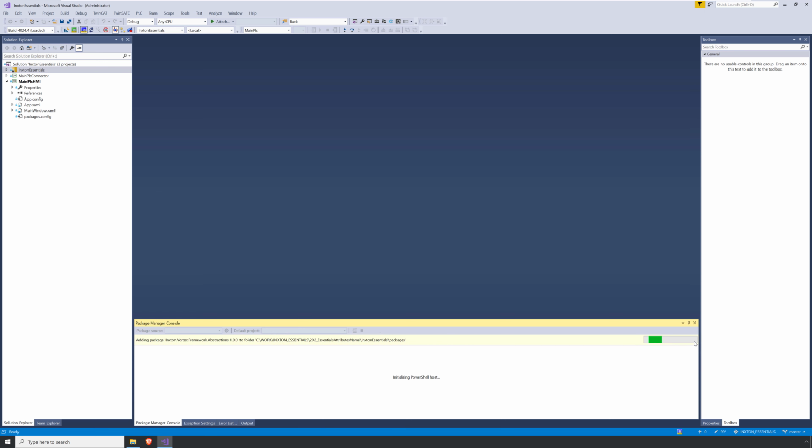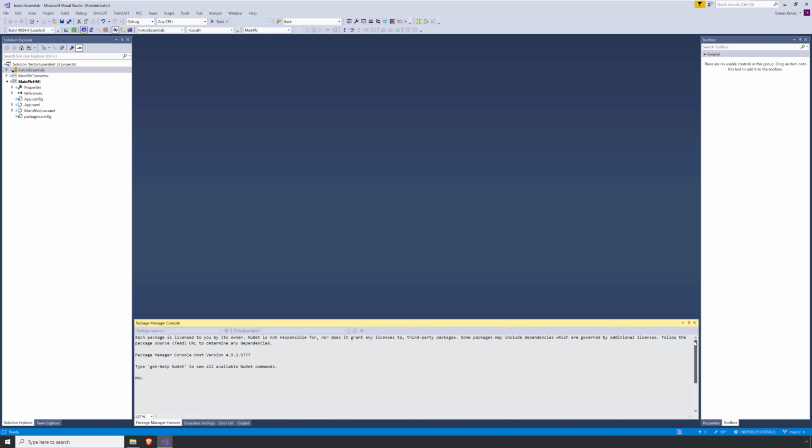Open the Package Manager console and restore packages. Just to be sure, let's also update and reinstall packages.